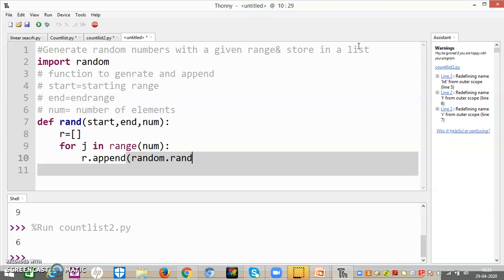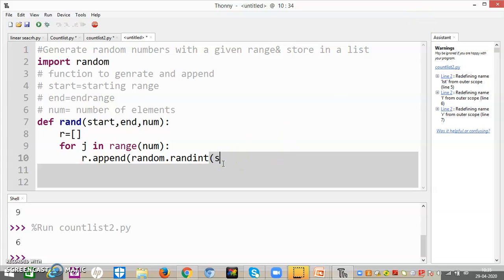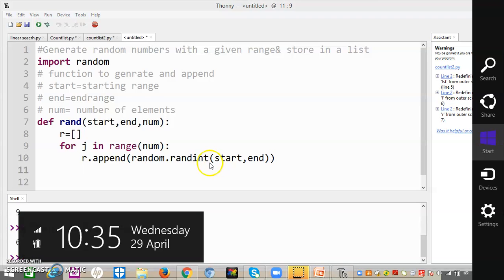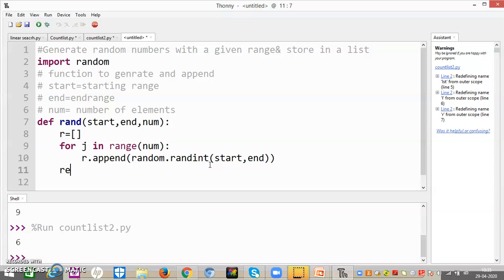I will put small braces, then type start, comma end. Now look at the number of braces I have taken. It is over. Now the function will return what we get: return R.